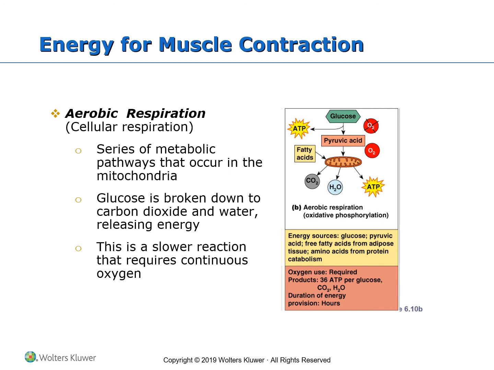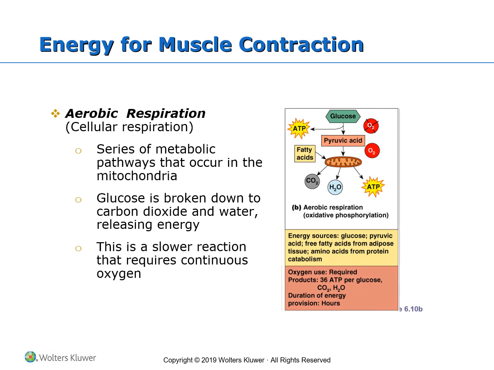I have two types of processes through which I can produce ATP. One is called aerobic respiration and refers to the cellular respiration. And it's not typical only for your muscle tissue. It happens in every kind of tissue that we have in our body, but we are describing it for the